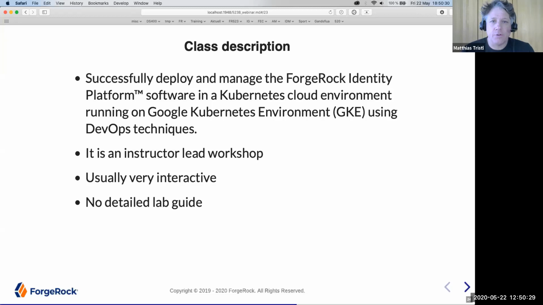Class description: successfully deploy and manage the ForgeRock Identity Platform software in a Kubernetes cloud environment running on Google Kubernetes Engine using DevOps techniques. This is what we do in the class, or that is the goal of the class. Honestly, it happens in the first couple of hours that everything is deployed. It could actually be done in 10 minutes because we give you an environment where you basically have to run one command and then everything is deployed. But of course, this is not where you learn a lot if you just run a command and everything is deployed automatically. So we have to go into the details a little bit,